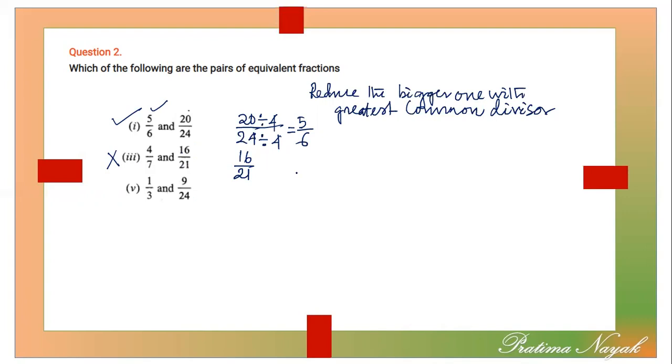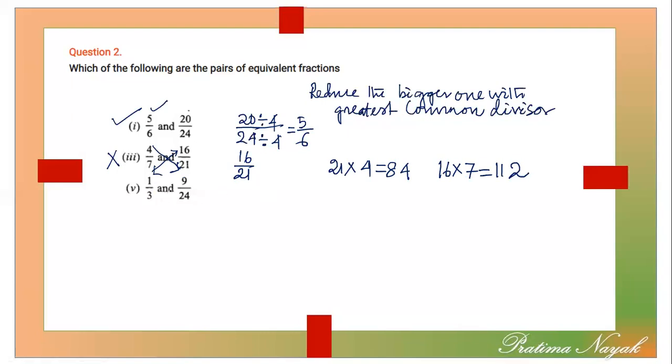Here I am writing another way of finding this. What you'll do, you will multiply diagonally. You will multiply 20 into 4. See whether you are getting the other two numbers, corner-wise or diagonally, the same or not. If they are the same, then they are equivalent. If they are not the same, they are not equivalent. Here they are not the same, so they are not equivalent.